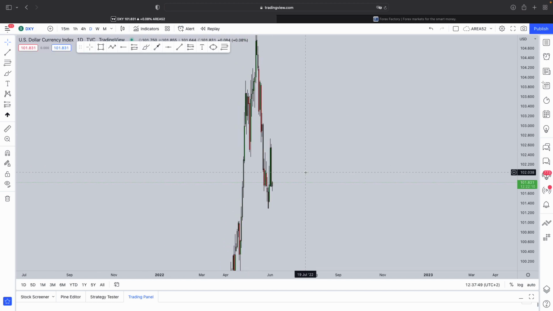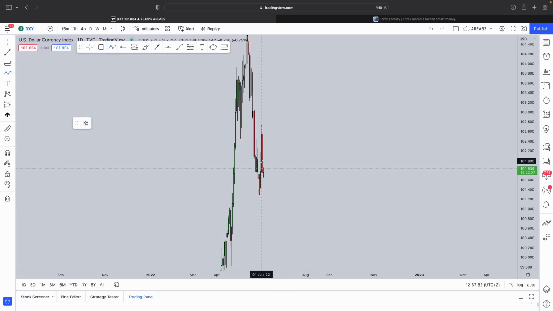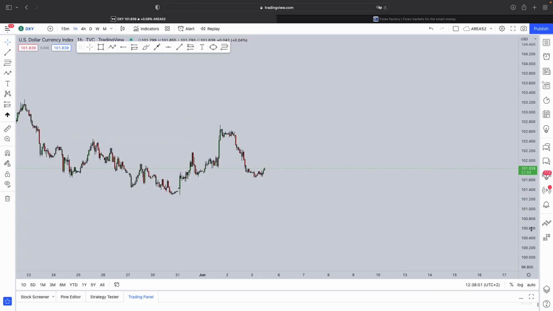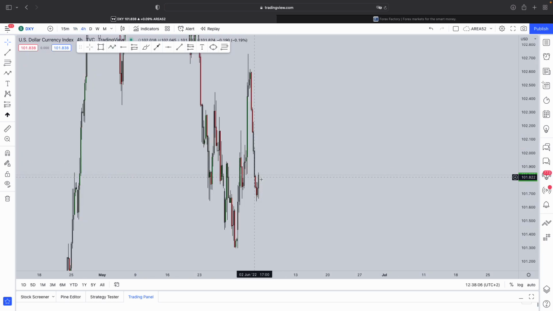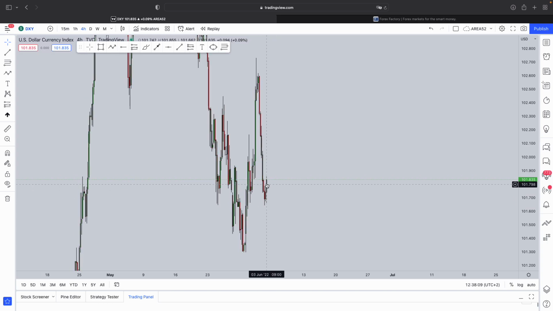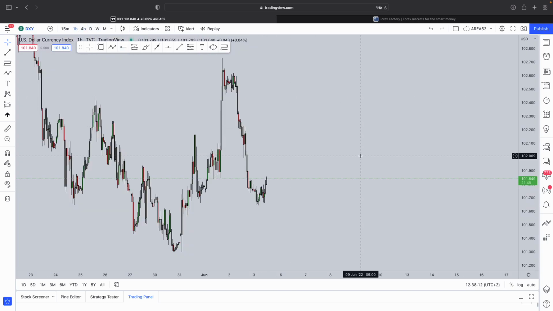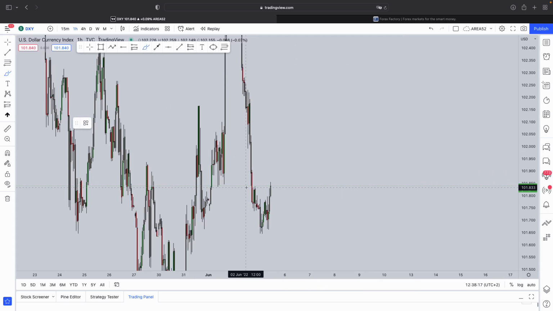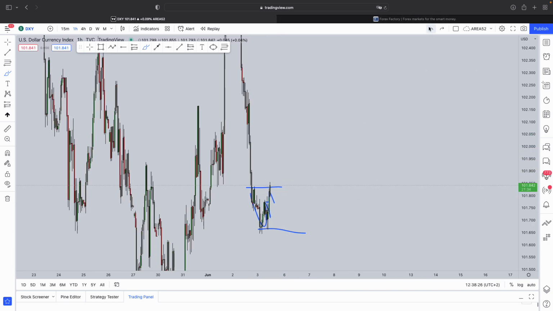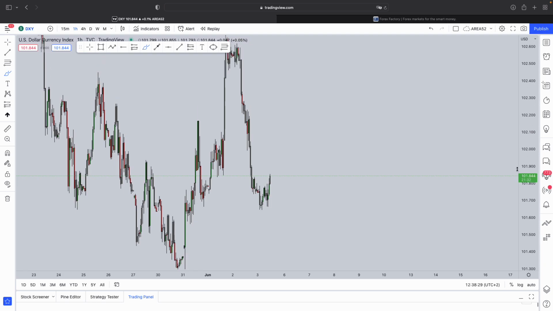If the NFP data comes out, like I said, it's very important. The market could always liquidate further down before that move to the upside. Also, if you go on the lower time frames, you'll notice how the market will always find a consolidation, or start a consolidation. We haven't seen that now, but we will see it closer to the time, as we get closer to NFP. We could potentially see that consolidation start right here, and the market has just printed a W formation on the 1 hour time frame, pullback, and that continuation. It's very important that you don't trade the data before it comes out.